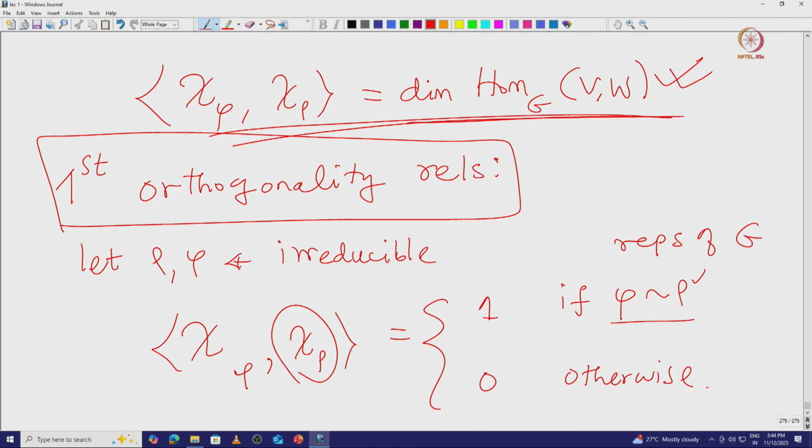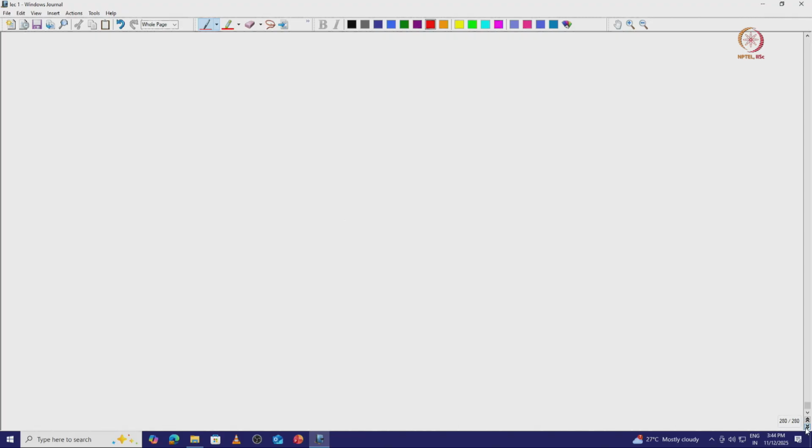equality, but we know that Hom_G(V, W) is one dimensional in that case. So, we get this first equality. For the second equality, when phi is not equivalent to rho, this Hom_G(V, W) is going to be 0. So, that is going to give us that this inner product is 0. So, basically it proves that when you take chi_rho, where rho comes from inequivalent